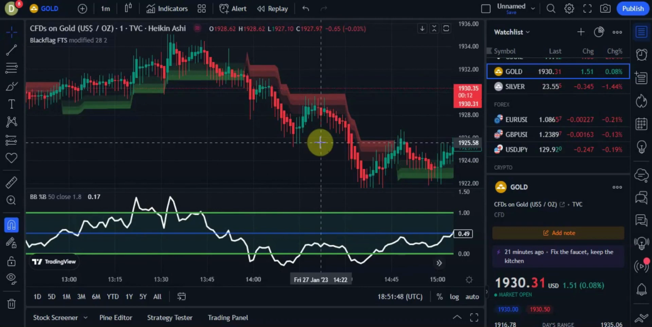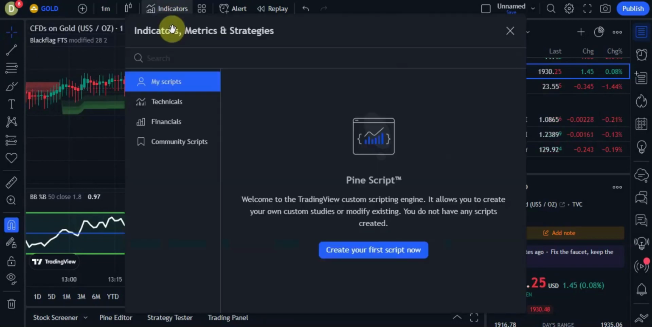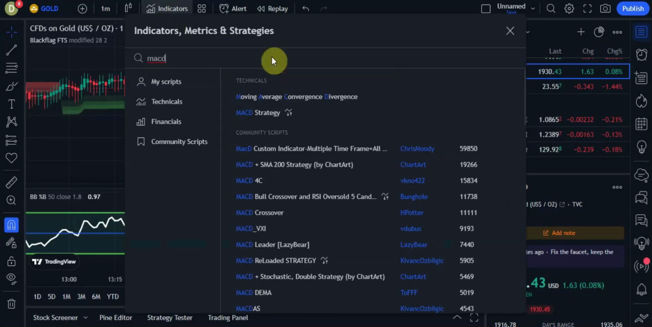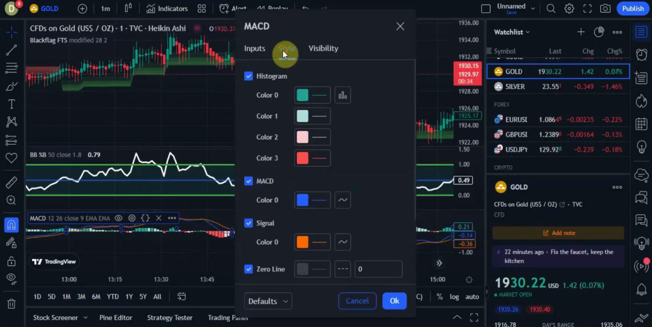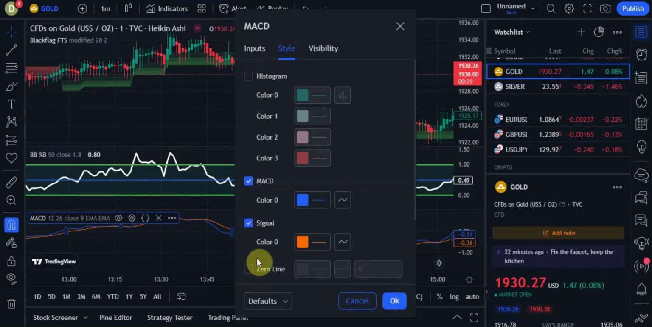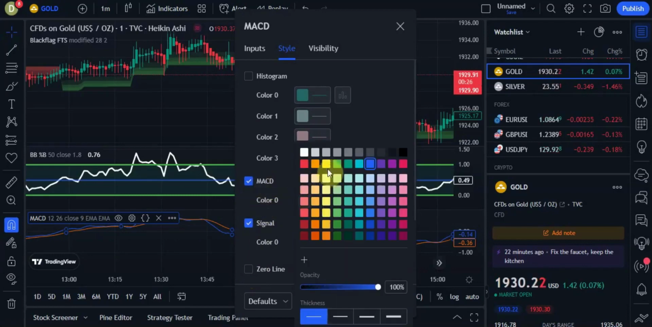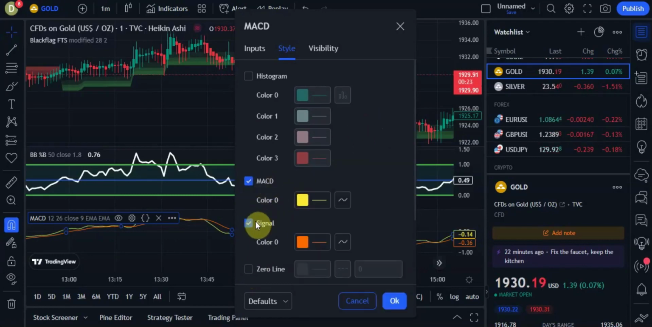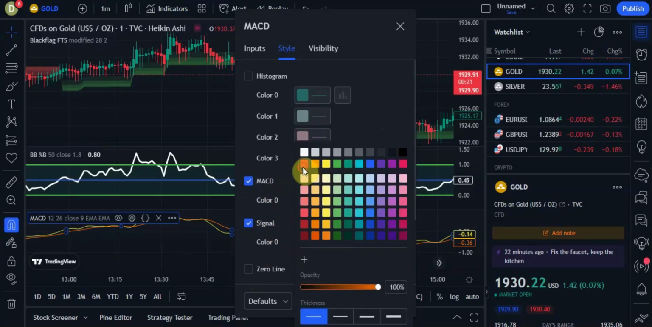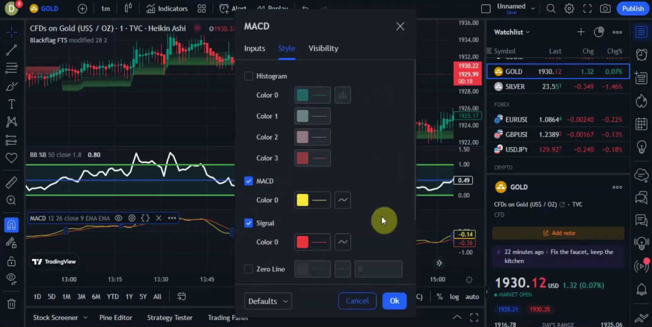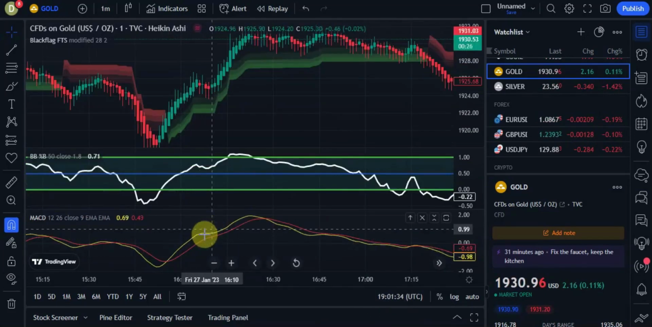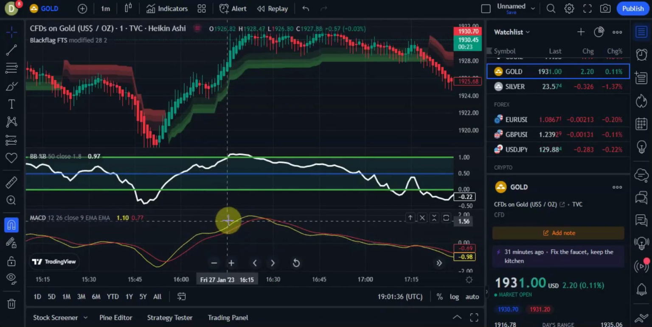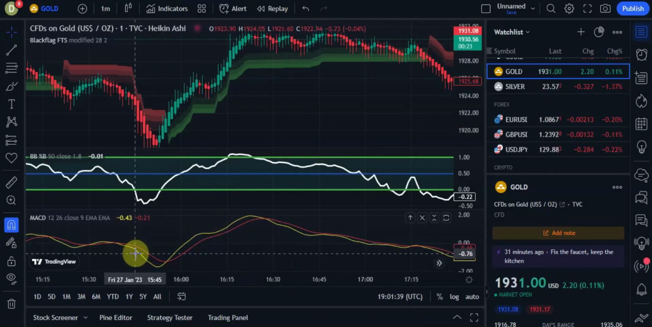And for our third indicator, we're going to go and type in MACD. Here it is, moving average convergence divergence, and we're going to go to settings and style, and we're going to uncheck the histogram and the zero line, and also we're going to change the color of the MACD to yellow, and then we'll change the color of the signal to pink. Okay, there we go. So with this indicator, whenever the yellow line is above the pink line, then we know that we're in the uptrend,